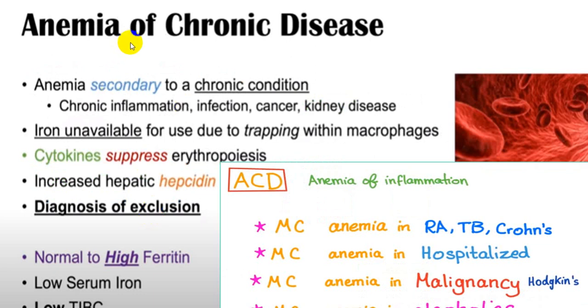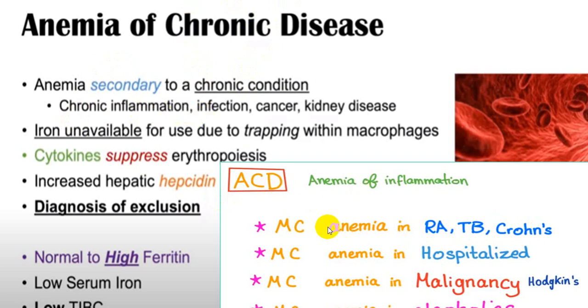Now, the most important part: this is a very common condition which produces hypochromic microcytic anemia. But we usually skip this. We don't suspect, we miss those conditions. So anytime you give iron orally and the person is not responding, do keep in mind, could it be chronic disorders which are producing anemia, which can be hypochromic microcytic, and in that, chronic inflammations, any chronic inflammation: rheumatoid arthritis, tuberculosis, Crohn's disease.